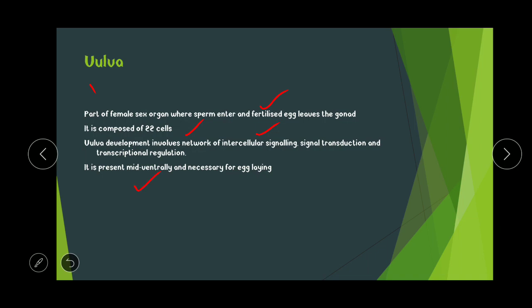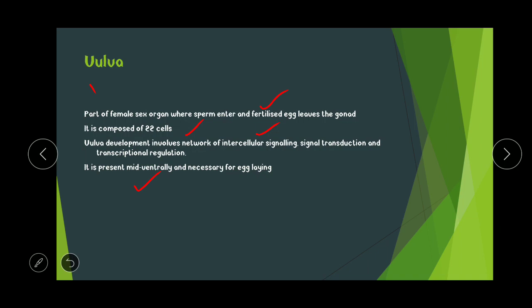When you are learning developmental biology, you must be acquainted with the terms dorsal, ventral, anterior, and posterior. They will be used a number of times here. Ventral position means that when an organism is lying on the ground, the surface of the body that is attached to or adjacent to the ground is the ventral position, and the portion exposed above, the surface that we will see, is the dorsal side. In human beings also, the chest and belly constitute the ventral side of the body, and the back is the dorsal side of the body.